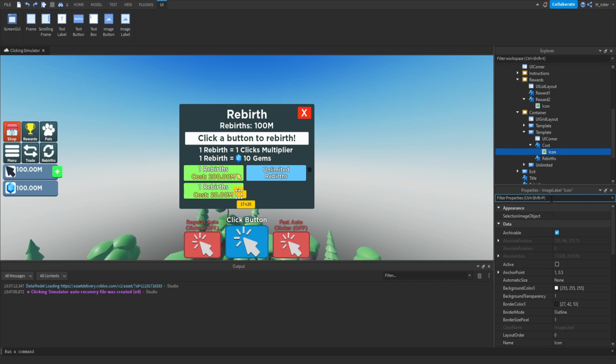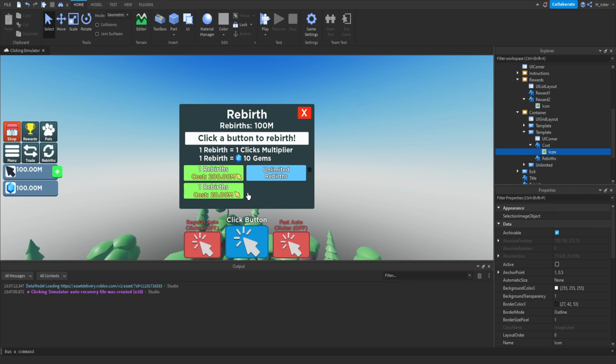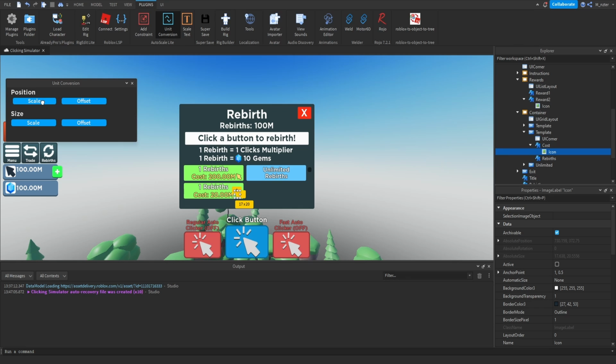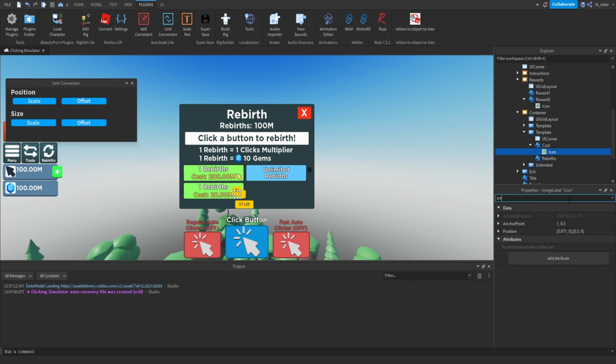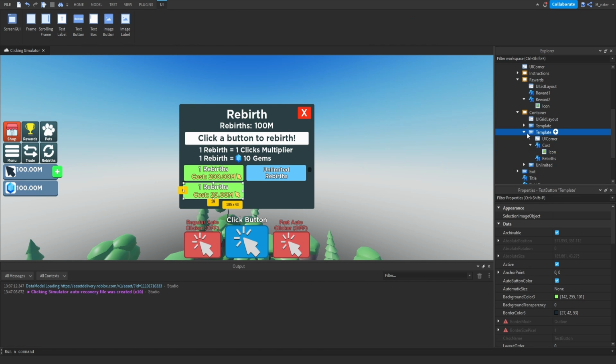So to maintain this and make sure that the icon stays with the text, we're actually going to have to script this and adjust the position each time. So for instance, if we adjust the offset position again, let's say like -5, we can now see that it appears closer. And then what we have to do again is use the unit conversion and adjust the position to scale again. So now if we check the position, we can see that the position has been updated just like that. So that's why I was trying to say that this icon adds a lot more effort to maintaining and keeping